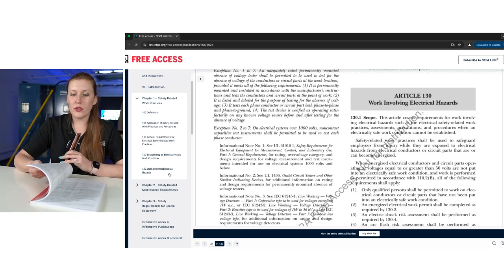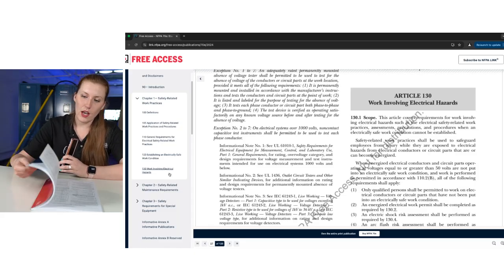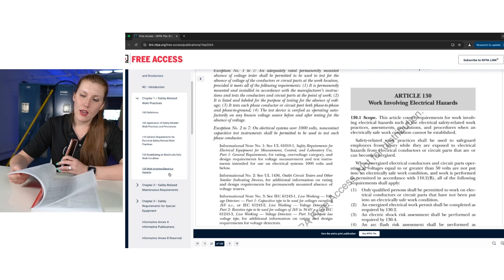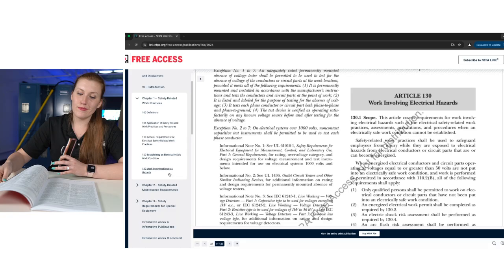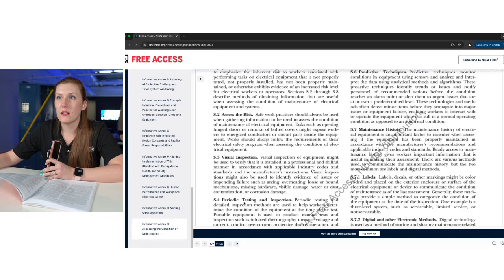I'm going to flip over to some annexes now that I find helpful. So Annex S was added in the 2024 edition. And Annex S is essentially pointing out that you have to assess the condition of maintenance for your equipment.